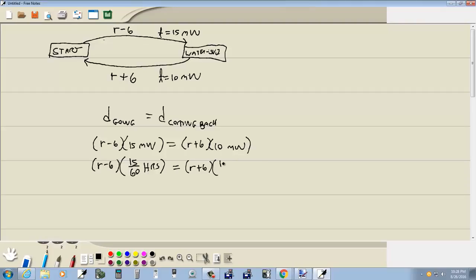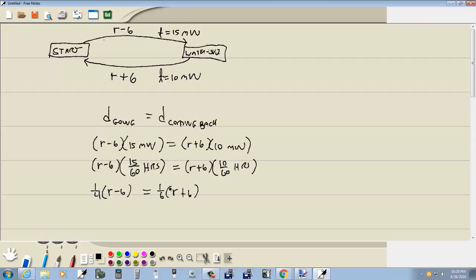And same over here, I'll divide it by 60. I'm going to drop the hours because I know what my final measure is going to be. Now 15 over 60 is 1/4. So I got 1/4 times R minus 6 is equal to 10 over 60, which is 1/6,